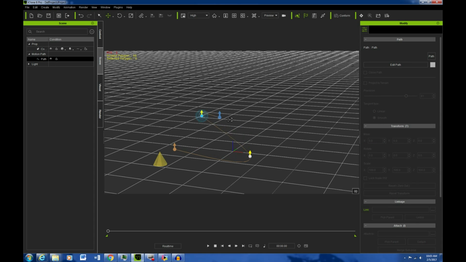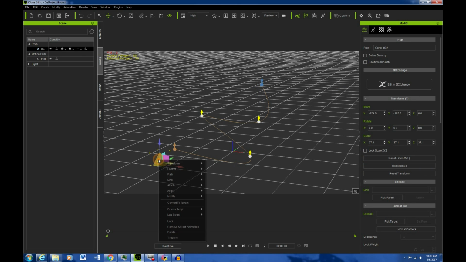Just make a little S-shaped thing. And I'm at time 0 down here. I'm going to select my little cone prop and right click and pick path and start this guy on his journey. I'll advance the timeline,